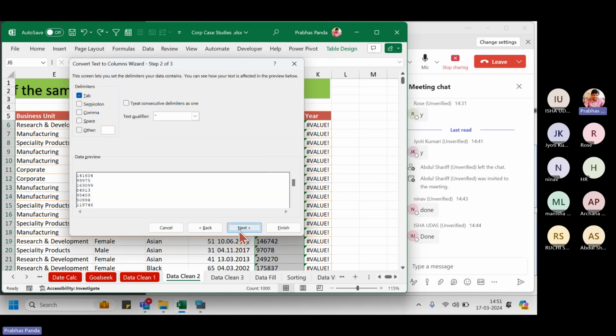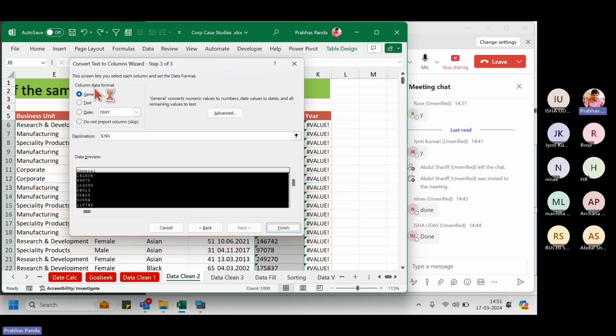And again, don't do any changes, go for next. And by default, the column data format will be General. So you change it to date. Though we do not have a date, we are doing date because we do not have the option for number. But technically, we are dealing with numbers. That's why we are going for date. And once you change this from general to date and click finish,